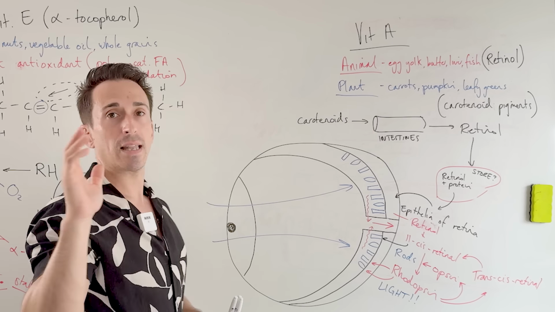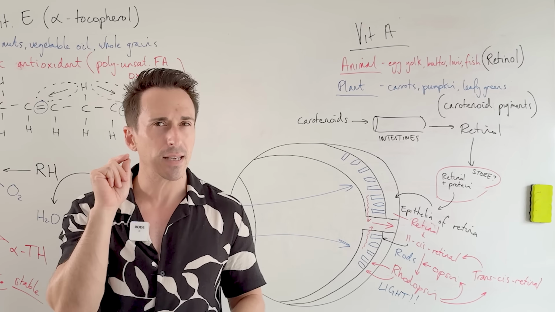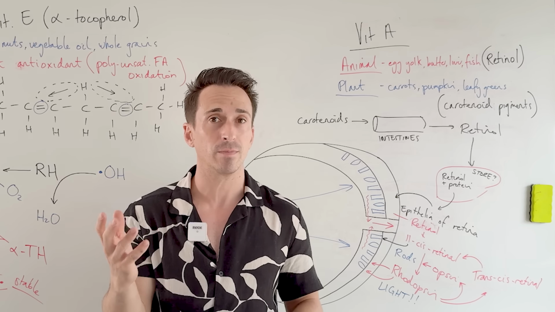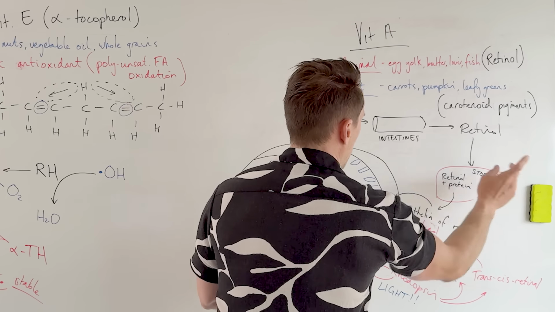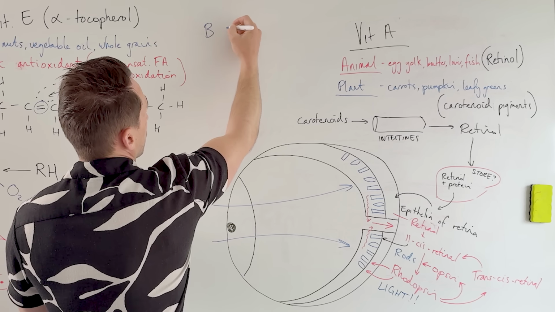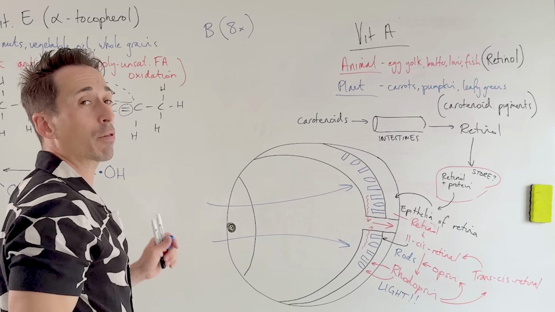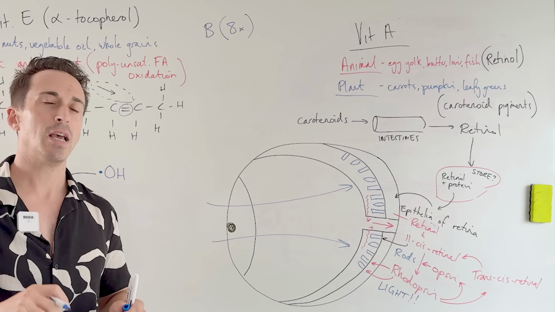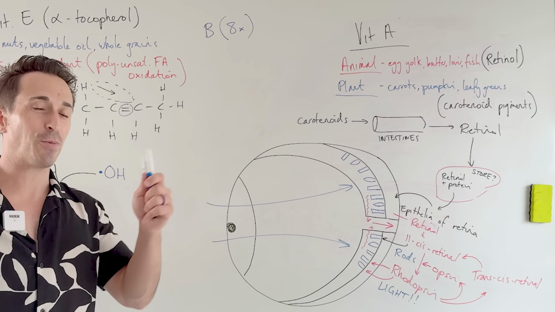Now, that's the fat-soluble vitamins, vitamin D, E, K, and A. Let's now take a look at the water-soluble vitamins, the B vitamins and vitamin C. Importantly, the B vitamins, there are about 8 of them. I'm not going to go through them, because I've done a whole video on the B vitamins. That's going to be in the description below. I talk about their function and exactly where they're located.